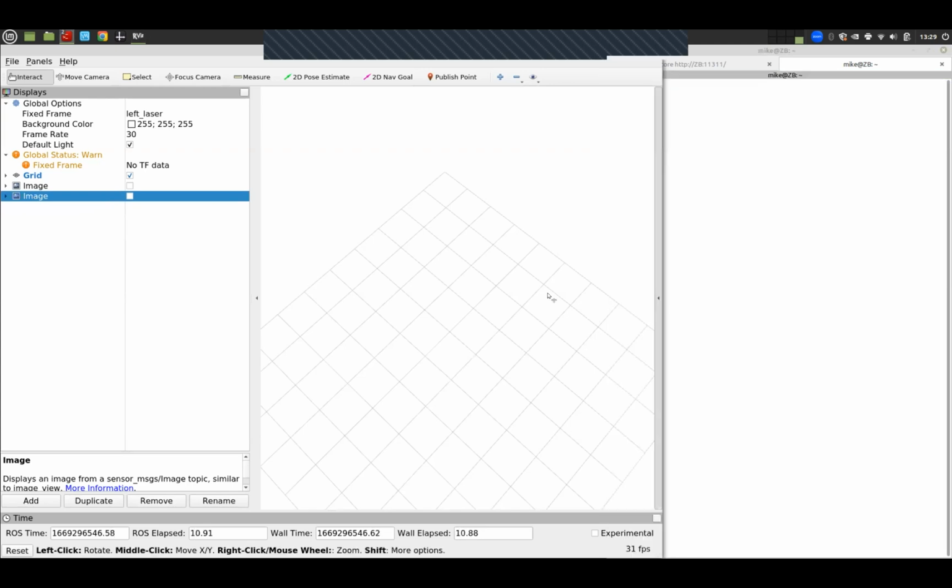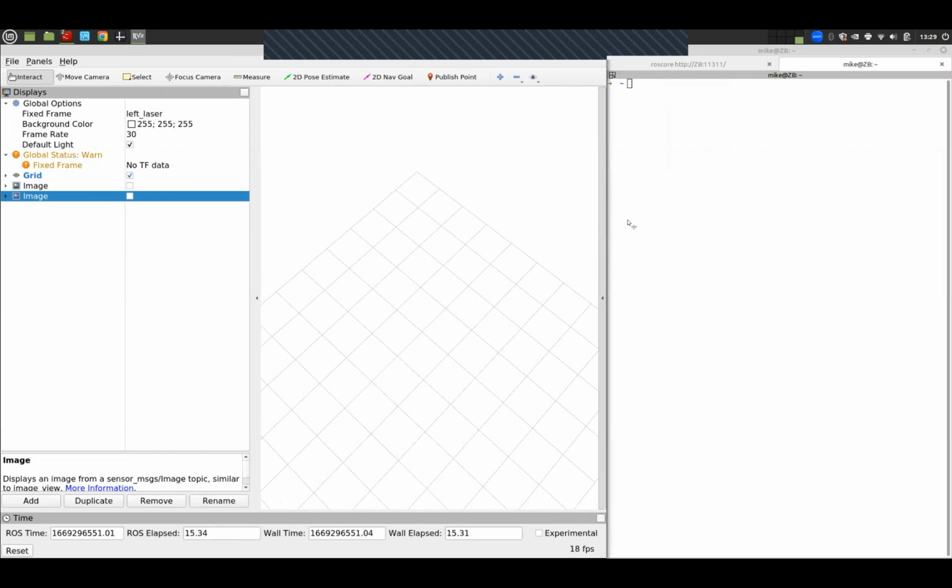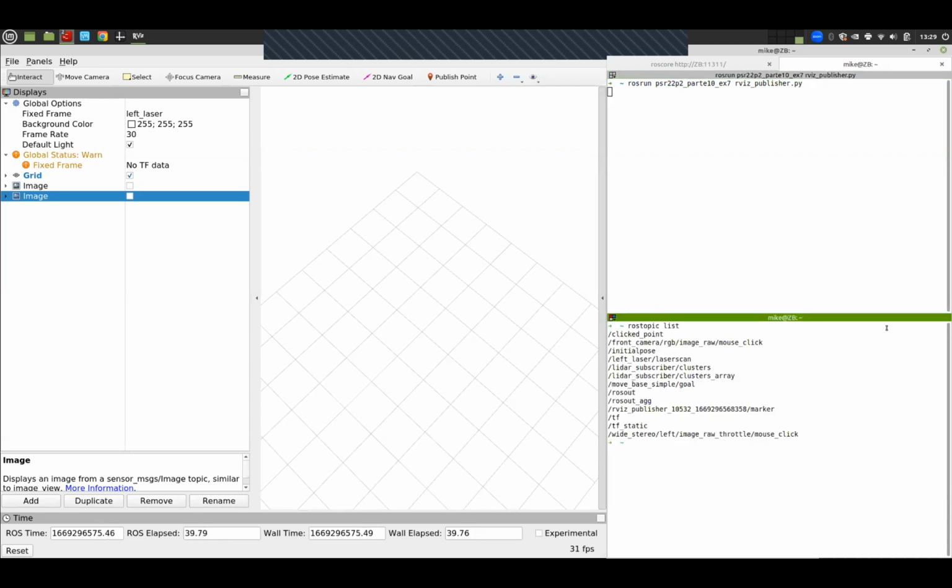Now RViz is up and running, and now we have to run our own code. That will be rosrun psr_22 p2 part 10 exercise 7, and we have the RViz publisher node. If we press enter, nothing happens because we are publishing the information. rostopic list. So we are indeed publishing the